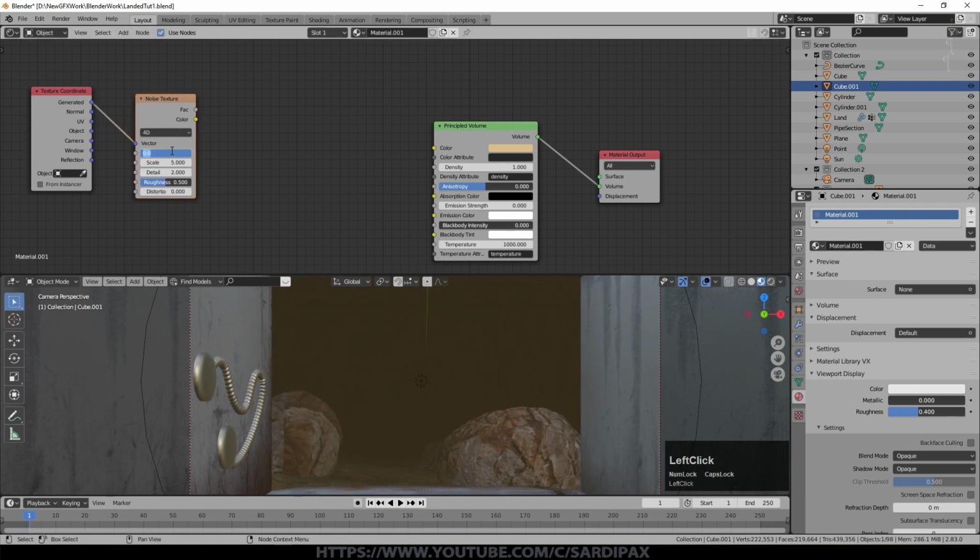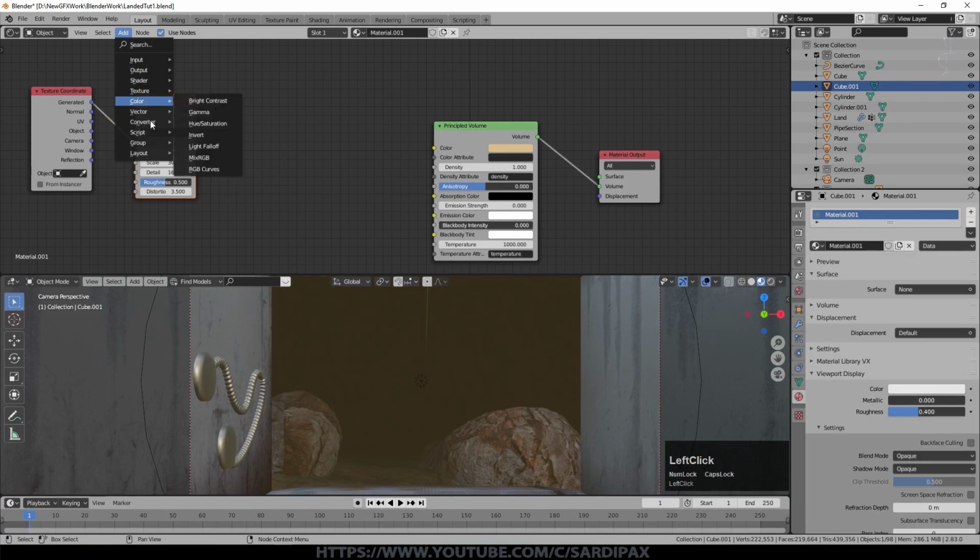I used a W value of about 22 and a scale of 30. I think the W is, as it were, another dimension. That's the fourth dimension, time I guess it would be, that adds variation into the noise. Detail up at 16. Roughness we can play with. I left it slightly below the default, but distortion I put up at 3.5. Distortion helps to add an effect that's a bit like swirls into the noise, and for something like this that's taking place in an atmosphere, that's obviously something we want.